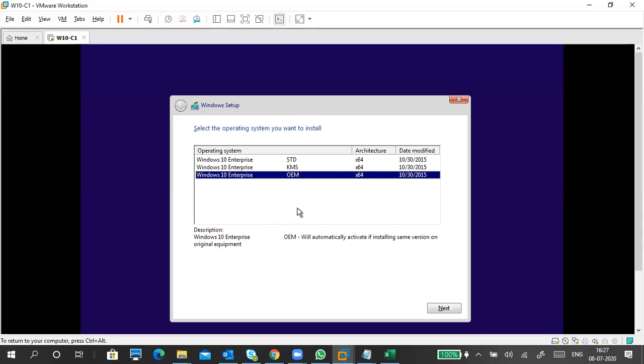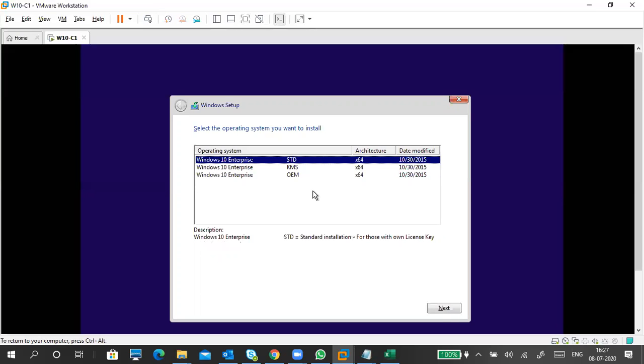For example, my laptop is an original one. It means it came with your operating system. You buy a laptop that came with an operating system, that is called an OEM package. STD means standard license: you buy a Windows 10 operating system from the market, and they give you a license key.